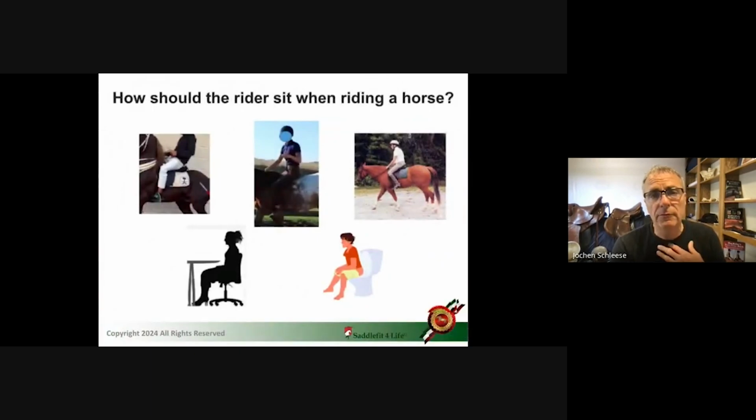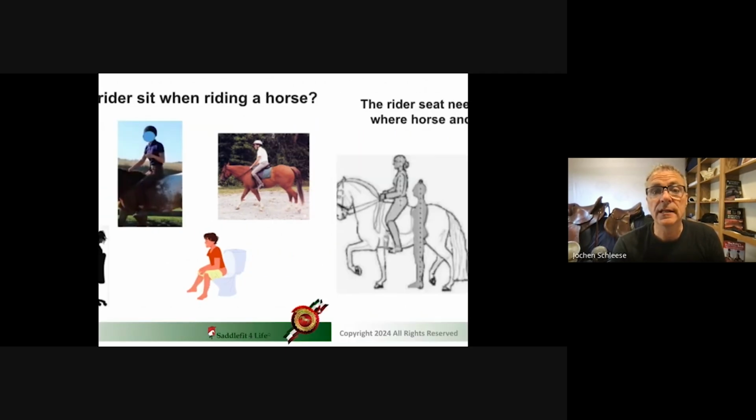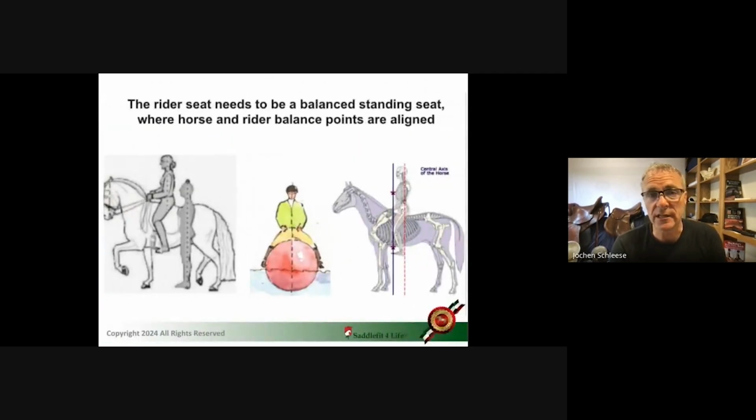So how do we want to sit on the horse? We have so many different disciplines, Western as well as English, sport or pleasure. But what is being taught is to be a light, pliable seat rider, which means you want to move with the movement of the horse, not against it. That is very hard when you sit on the horse like you sit on the toilet or at the desk, what we could call a chair seat. There are so many different ways to sit in the saddle, depending on discipline, but it all boils down to the same thing.